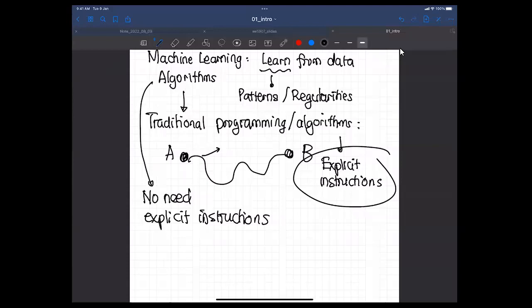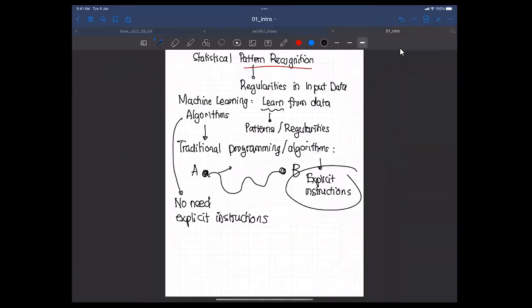So that's why machine learning is so powerful. It can go beyond our knowledge. And that's something that we want to learn in this course: the techniques that enable us to understand complex data by itself. All right, any questions so far? Okay, if there are no questions,